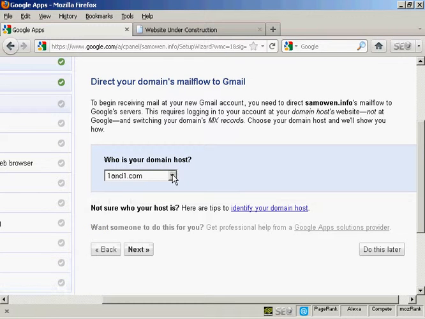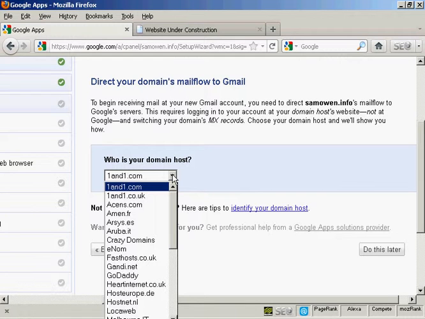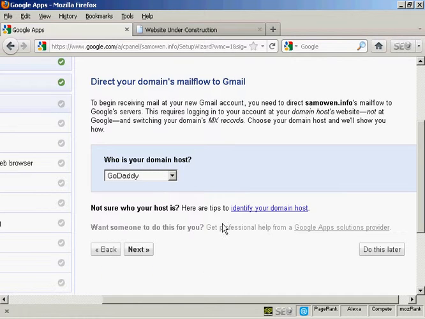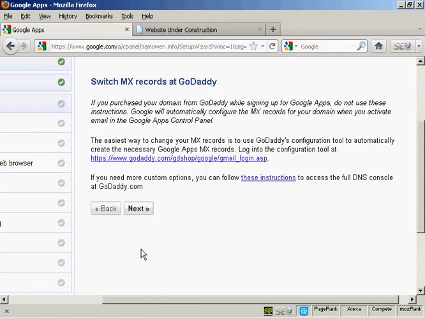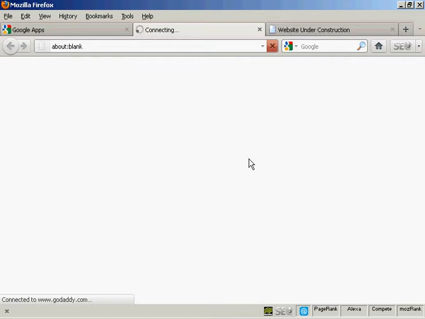And it says who's my domain host. Well, my domain is actually registered with GoDaddy, so click on Next, and then it says switch MX records at GoDaddy. So now I need to log into GoDaddy by clicking on this link here,